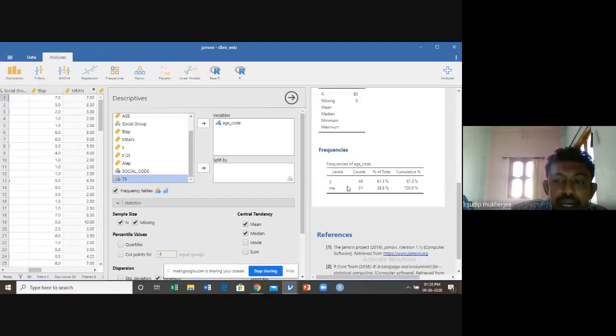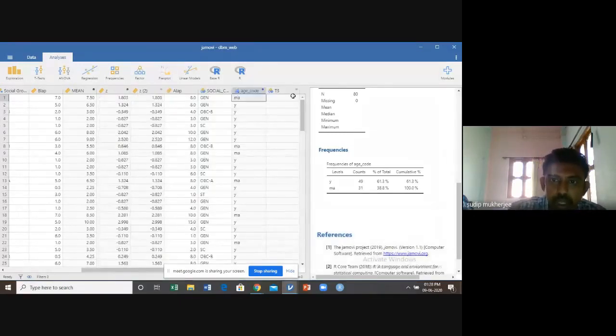Automatically it gives you, out of the 80 observations, 49 of the total participants are aged below 40, and 31 of the observations are with age above 40 years. So these are the classification of the participants in terms of age.